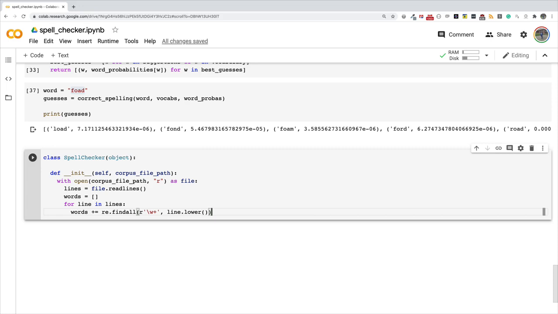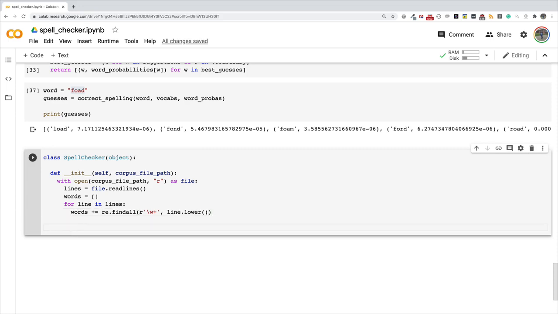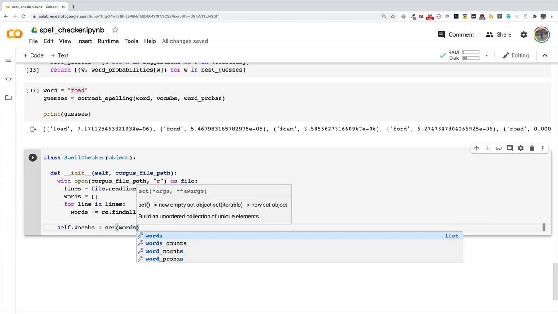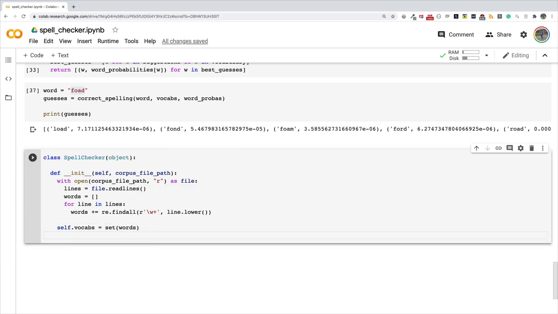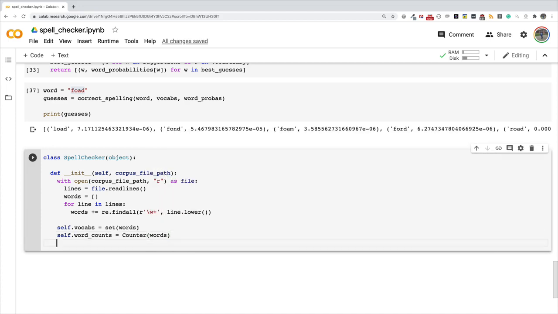Okay, so having read this, I want to say self.vocabs is equal to set of words because we are interested in the unique ones, and I'll say self.word_counts is equal to Counter, and we pass it words,